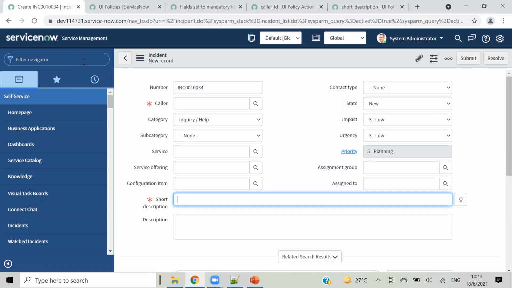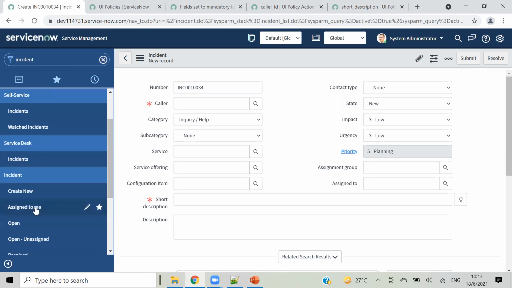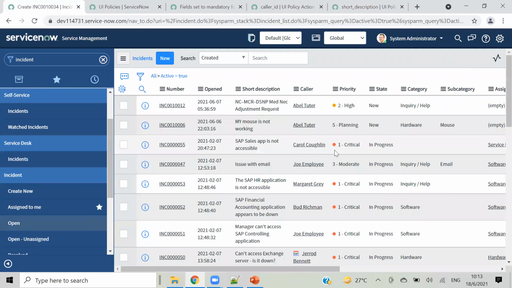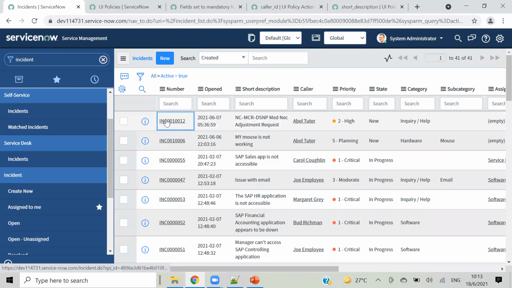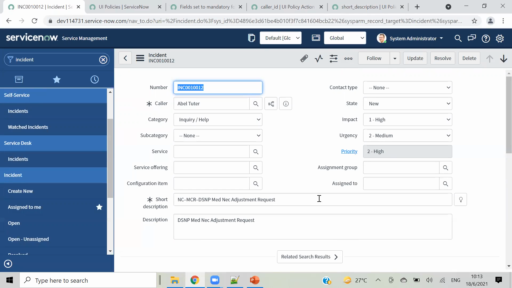Let me open one form. Click on this. Yes, that is here.